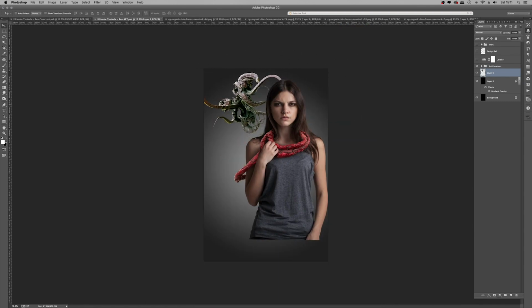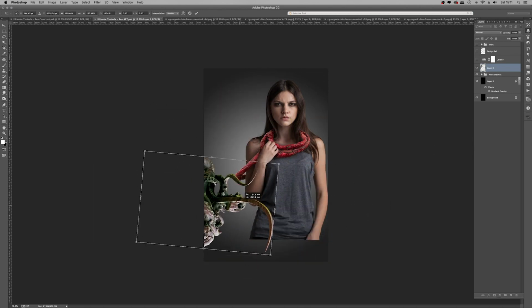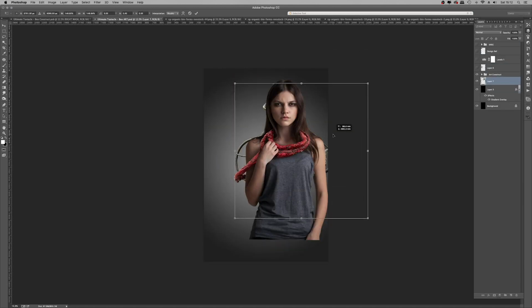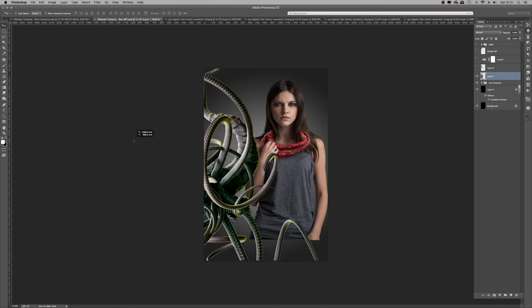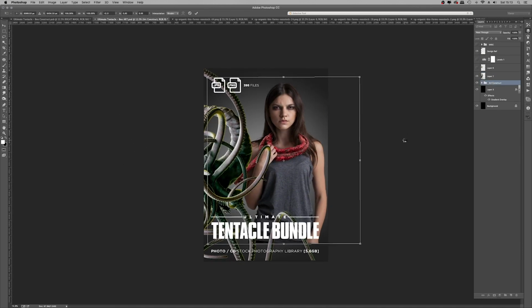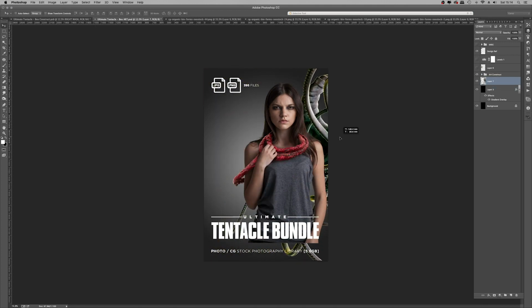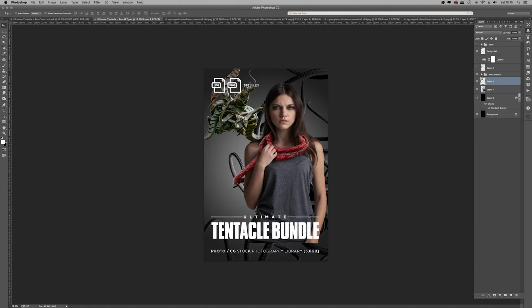Using the free transform tools and just twisting things around, seeing where it fits. A lot of this I'm just shooting from the hip. I don't really know what I'm doing. I've got a rough idea of where I'd like to go with it, what I'd like to achieve, and what you're seeing here is the kind of free form creativity, just thinking, will it go there, will this fit there?